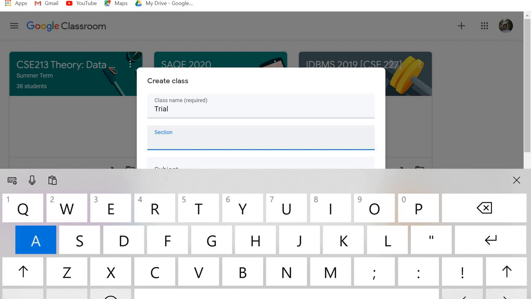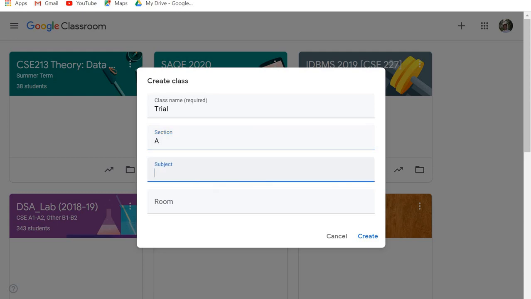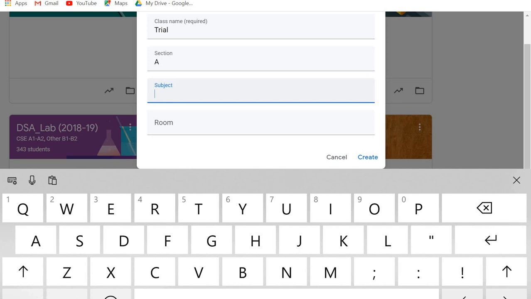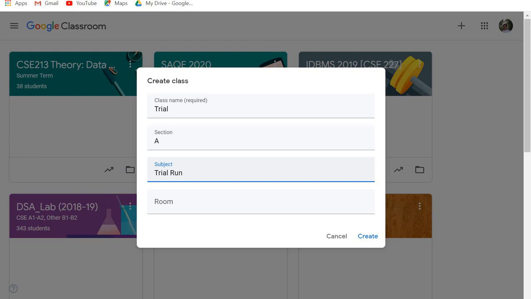So let's say I'm giving it as A, and the subject can be basic trial run. I don't need to give a room number as of now if I'm going ahead with online classes. So I'm simply creating this particular classroom.